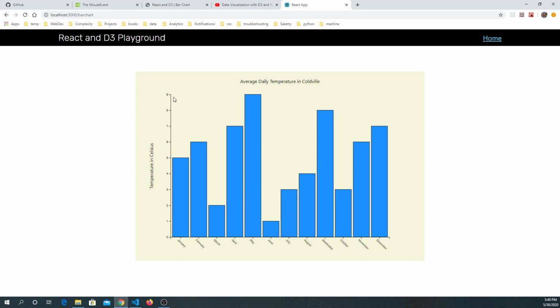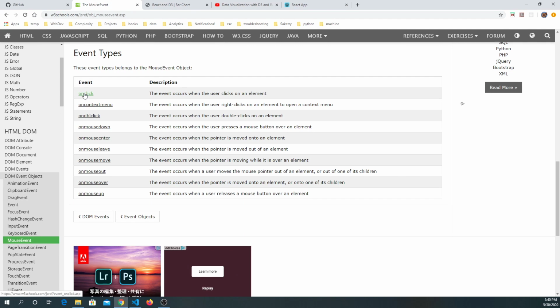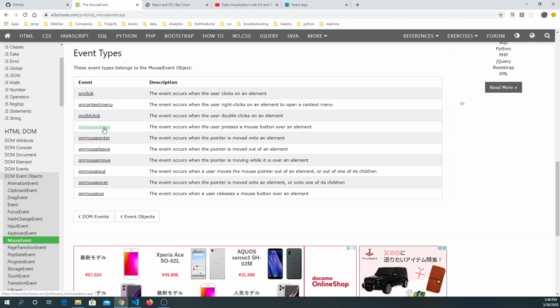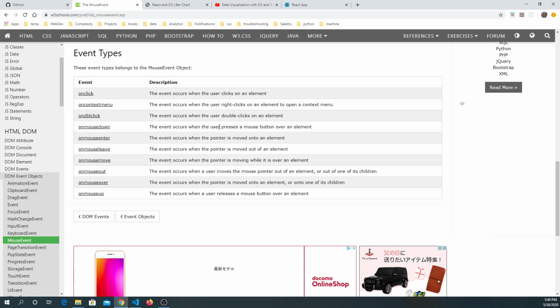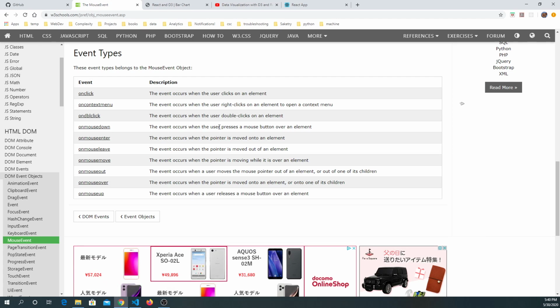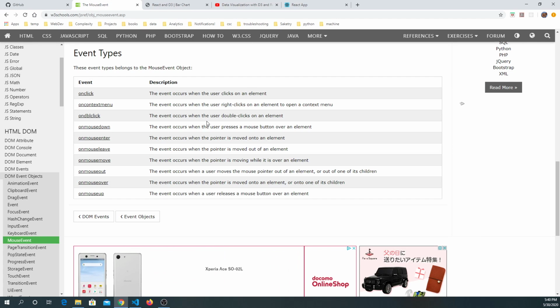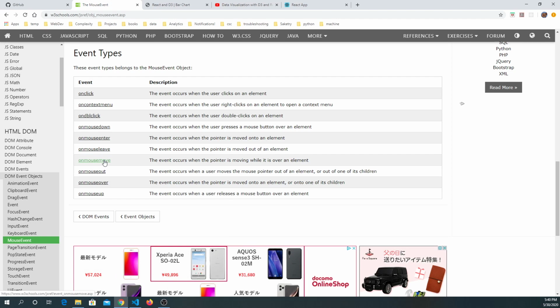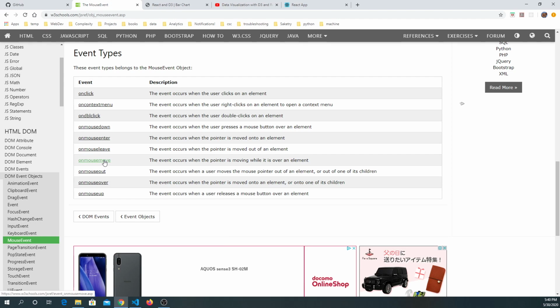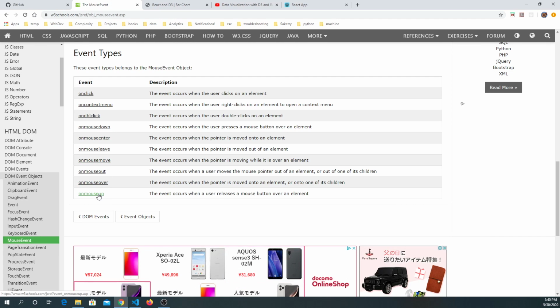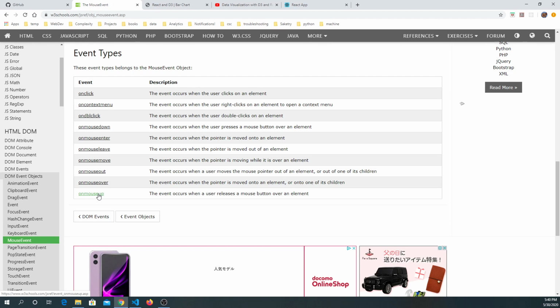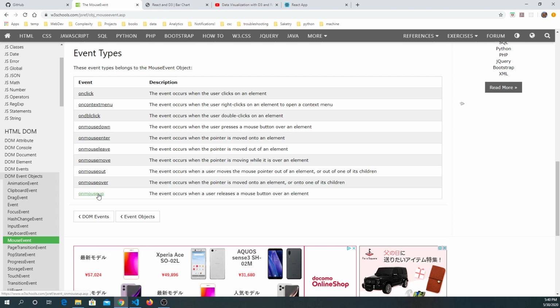If you've been programming in JavaScript for a while, then you're probably quite used to handling the on-click event. Today we'll look at on mouse down, which has to do with when you press a mouse button down over a certain element, and our element is going to be an SVG canvas. Then we're going to look at on mouse move so that we can update the position of a circle that we're going to draw on our canvas. And then eventually on mouse up so that we can stop moving that circle on the canvas around when we move our mouse. So that's a lot of talking. Let's actually start looking at